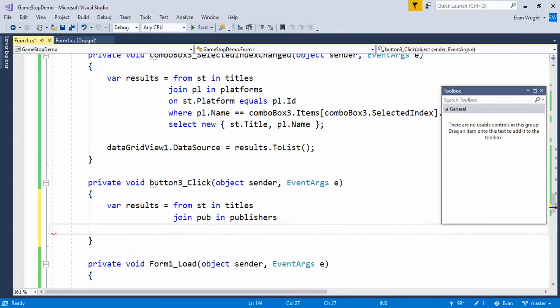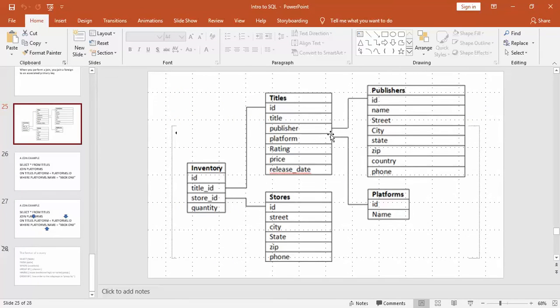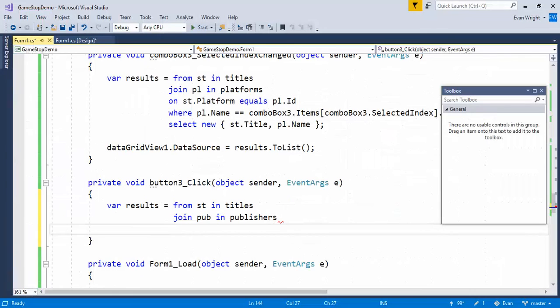Now I have to say which fields I want to associate. We looked at our schema, and for the publishers, the titles publisher equals the publisher's ID. So let's write that: on pub.id equals